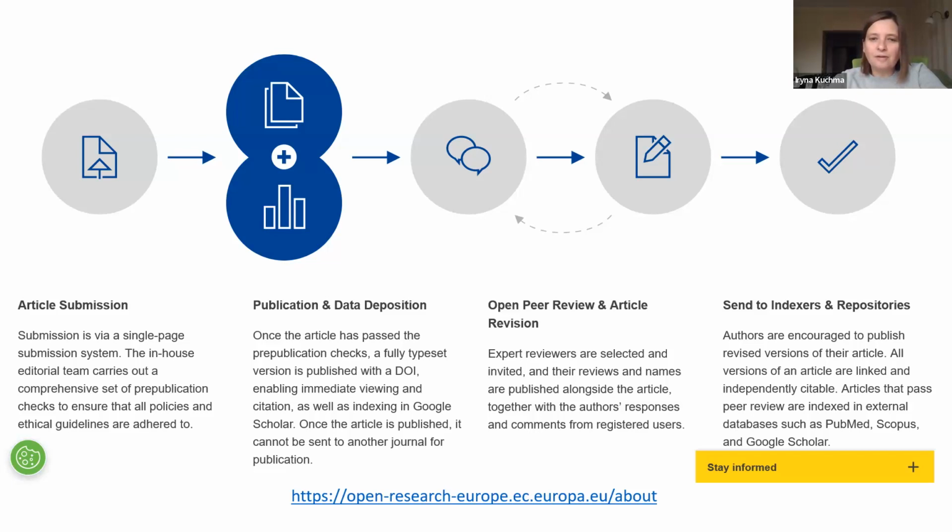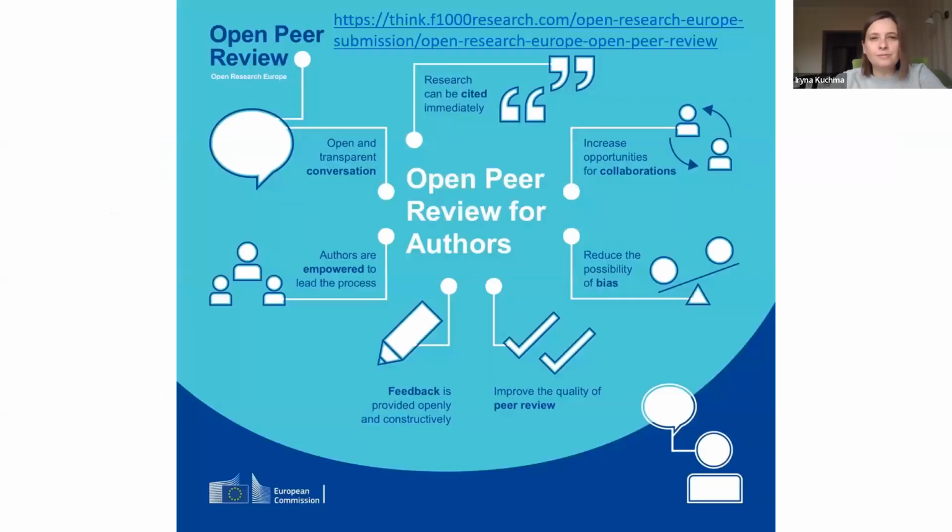So it's already made available. And then the peer review process starts, and reviewers see who the authors are. Reviewers' names are also disclosed, and reviewers' reports are made available. And then only versions of articles that pass through peer review are sent for indexing in Scopus or Web of Science. So how it works in practice,